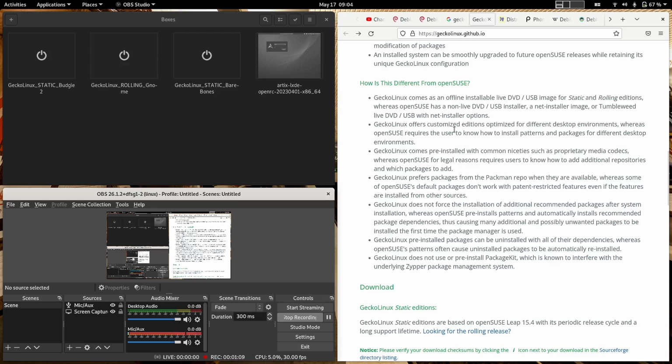Gecko Linux offers customized editions optimized for different desktop environments, whereas OpenSUSE requires the user to install patterns and packages for different desktop environments. So here you can see, if you want to install the Budgie static desktop, you have to choose the ISO, download it, and then install. During the installation, the installer will not offer you to install the different desktops,